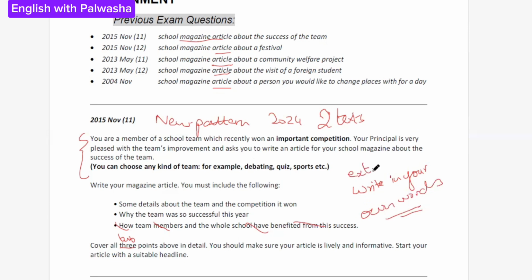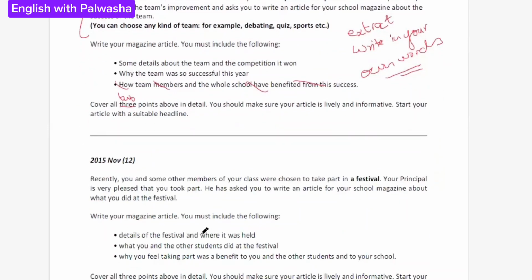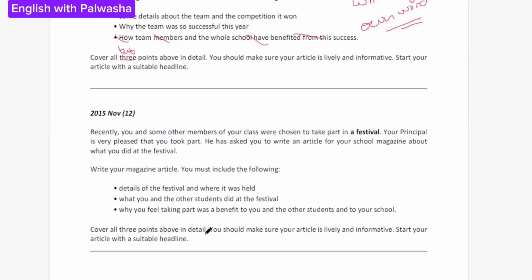Only the important information you have to extract, but please don't forget the text. Texts are very important. You have to follow the text, and after that you are going to follow the pattern and the question. This was the 2015 November question.